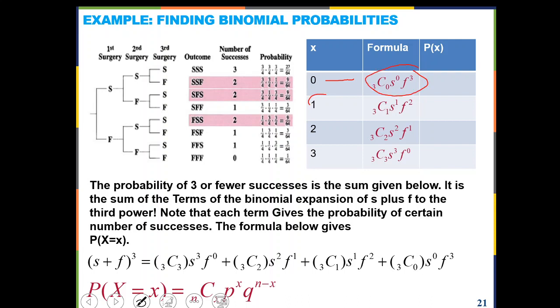Probability of 1 success right here, probability of 2 successes, probability of 3 successes, right? So each of them would be a number, and we can do that with a calculator. Either using this formula directly, which we're not going to do, or using